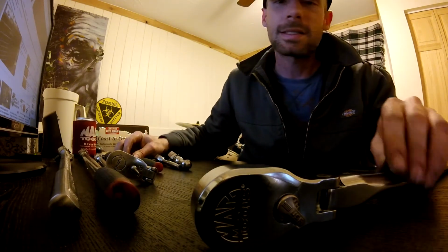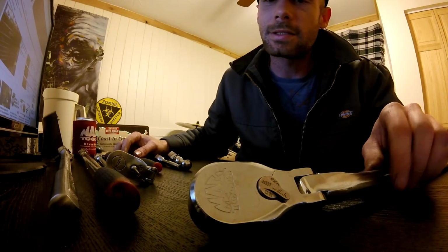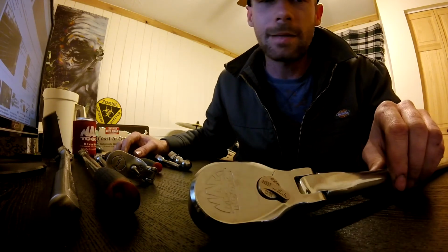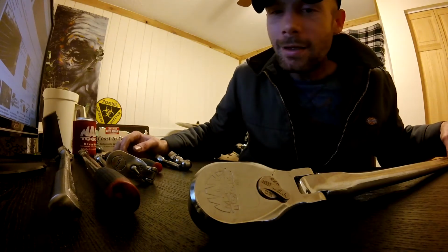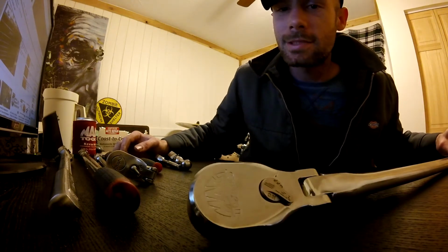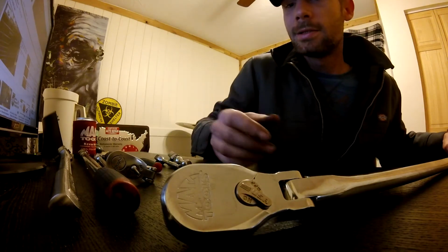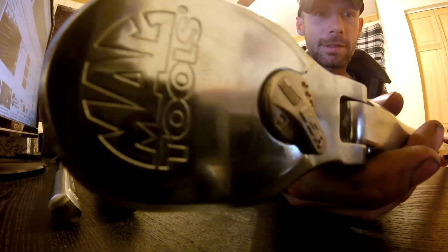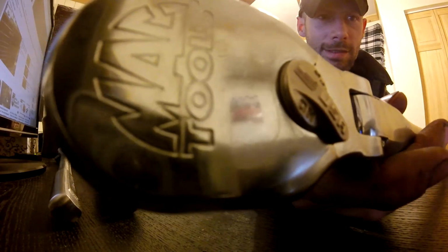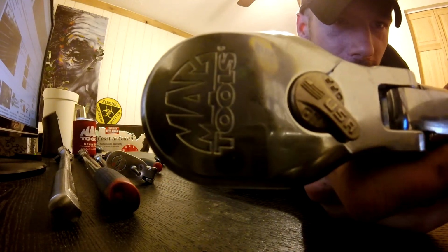So this ratchet's expensive. This is like a $230 ratchet, which is basically the same price as the Snap-on version. And I'm not going to use this thing all the time, so that's why it's been hard to spend that kind of money on a half-inch ratchet. But I just had to do it, man. This thing just looks cool. Look at that. Right there, made in USA. This thing is sweet. Look at that. You can see it right on there, made in the